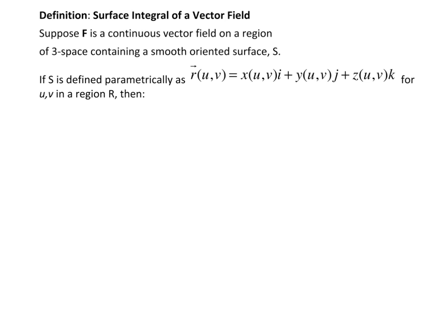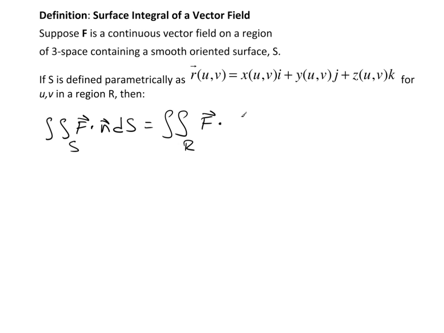Now if we define S parametrically as r(u,v), for (u,v) in this region that we're going to define as R, then this double integral over the surface of F dot n dS. So this is the amount of the vector field flowing in the direction of the normal vector to the surface over the entire surface. We can reparameterize this and look at it as the double integral over the region of